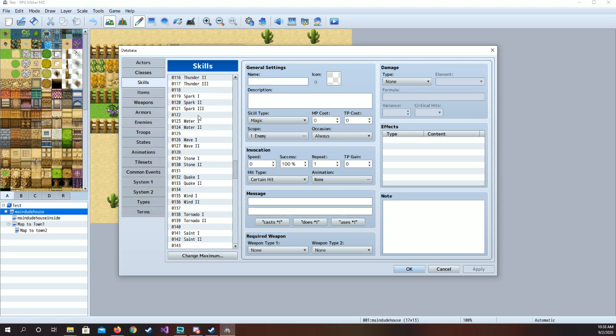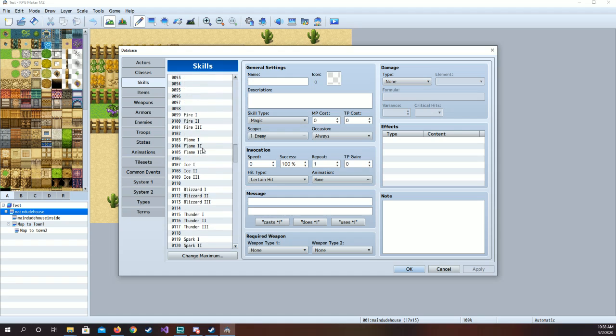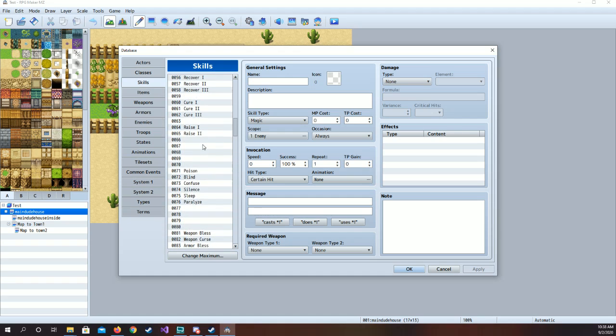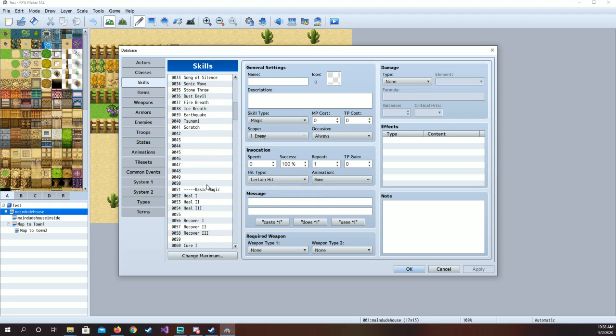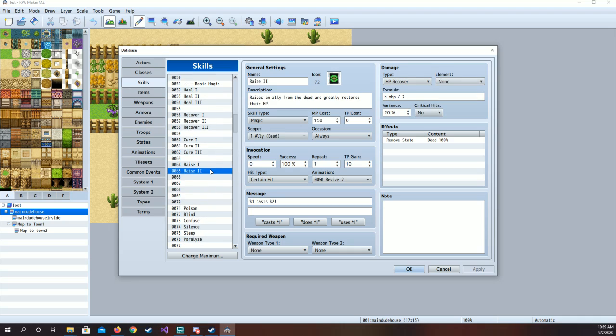So they left room in between in case you wanted to make a Spark 4 or Thunder 4 or Water 3. They also left a space just so it looks nicer as well. But you can also just add things to this list. So, in Greatly Restores, removes dead 100%, removes dead 100%, so this is 10, divide by 2, divide by 10,